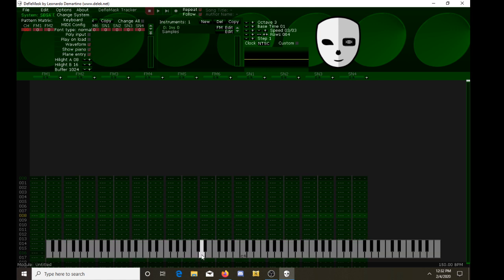So there's basically 12 notes to an octave. So you start here in C, and that's a whole octave from that C to C, and there's 12 different notes before you hit the next